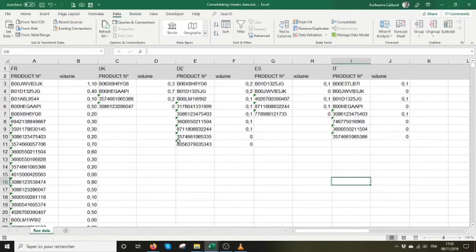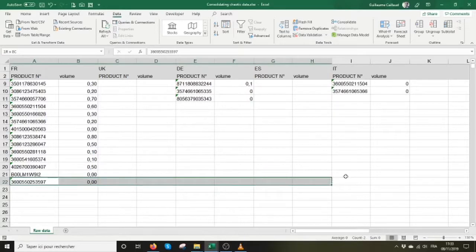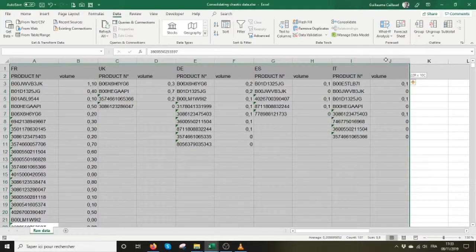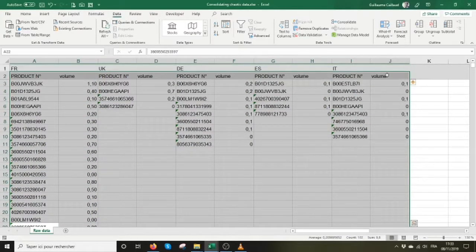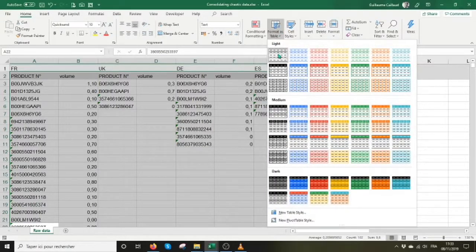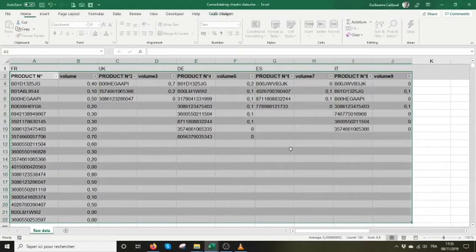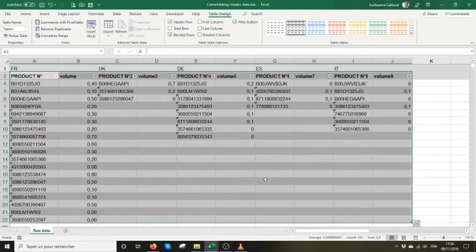This is what this little green arrow here means. Number stored as text. So it's all nice and clean, easily readable. Next step will be to transform all this as a table. So format as table is here in the home ribbon. Make sure my table has headers, and formatting it as table will be useful in the next step, which is